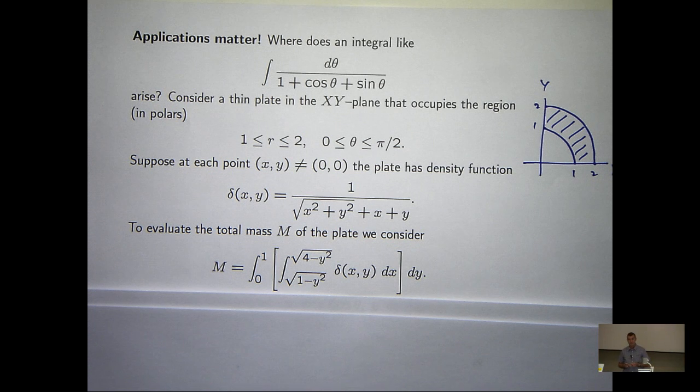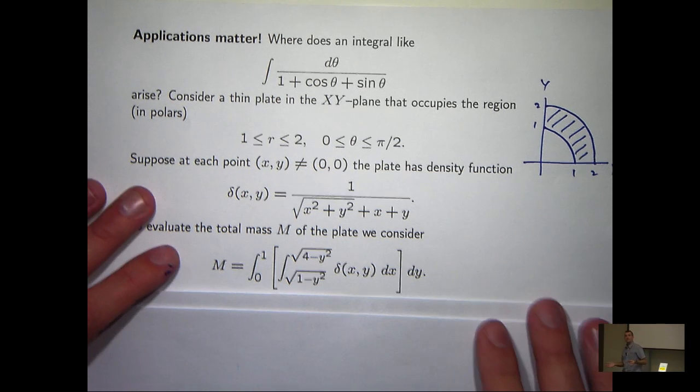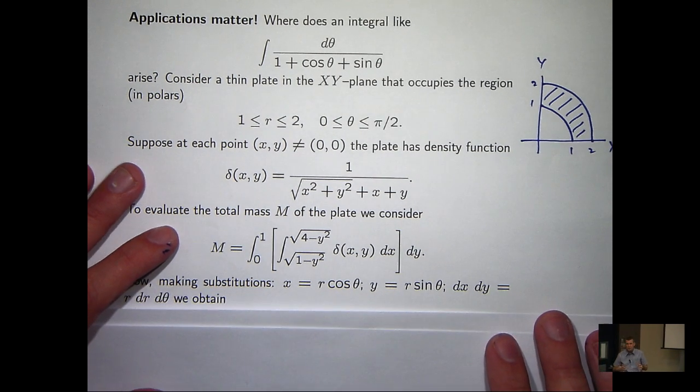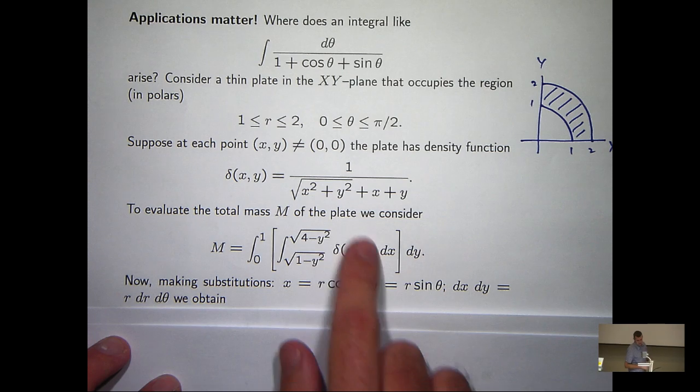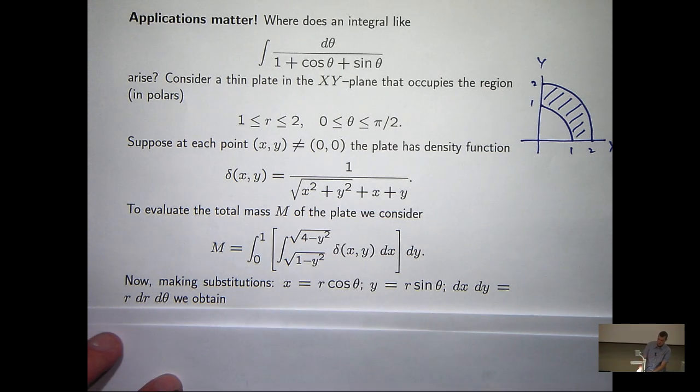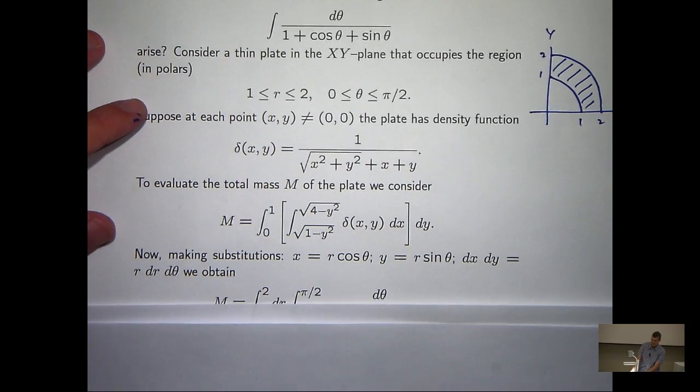Now, don't worry too much about these double integral signs. Just think of them as one integral inside another. You do the inside integral first, and then you do the outside integral. Now, that's a tough integral. As I've shown you in other examples, we make a substitution to reduce this to a simpler problem. Now, if you do that,